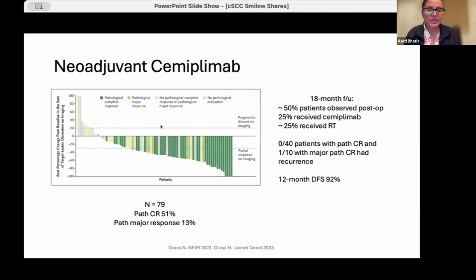And then in 2022, as Dr. Roche pointed out, came this paper from Dr. Neil Gross's group at MD Anderson. This was a phase 2 trial that explored cemiplimab in the neoadjuvant or pre-op space for patients with locally advanced resectable disease. 79 patients were enrolled, and they all received 4 doses or 12 weeks of cemiplimab, and 70 of them underwent surgery. About 51% of the sample, so 40 patients, had a pathologic complete response, and 10 additional patients, so another 13% of the cohort, had major pathologic response, which was defined as residual tumor in less than 10%